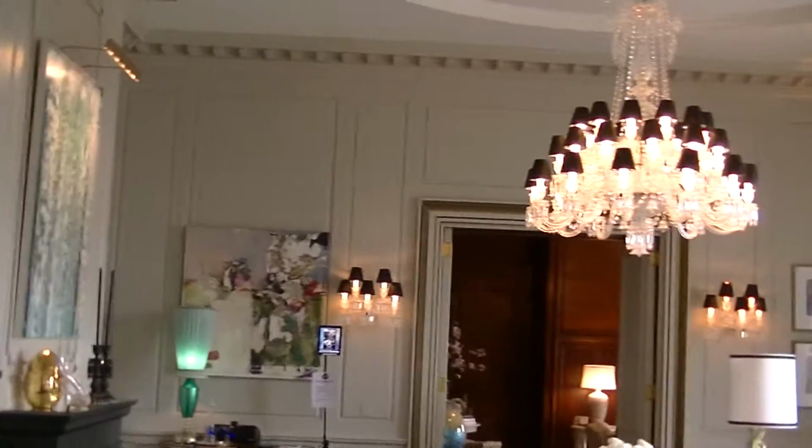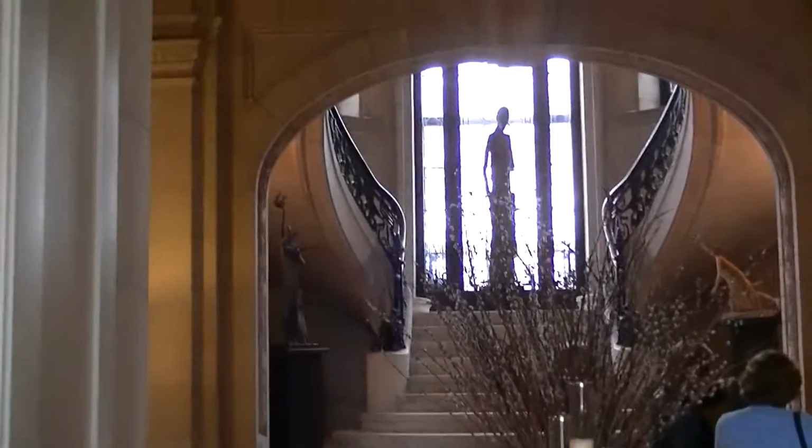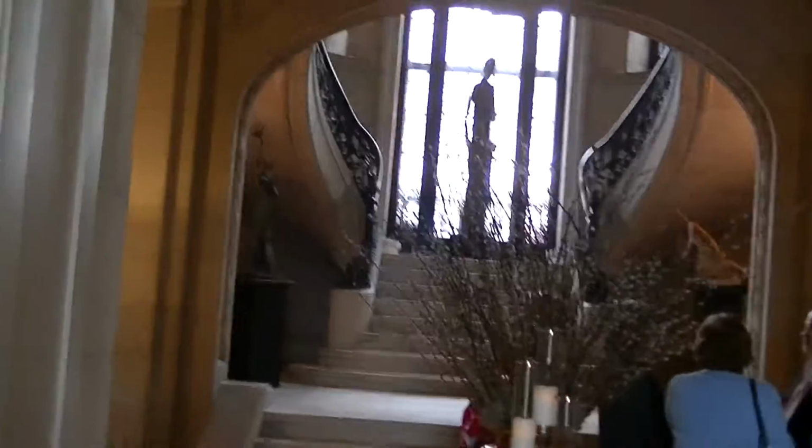Now standing in what was originally the living room of the house for the Blairs. It's the largest single room in the house. It is centrally located opposite the double curved staircase that comes down from the second floor, continuing the axis which I've mentioned before, which comes down the steps across this room, across the terrace, and all the way down toward